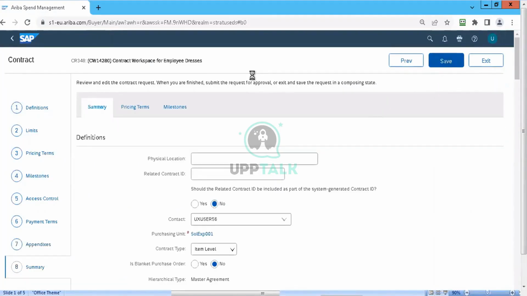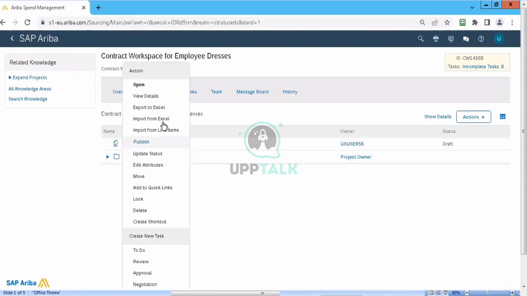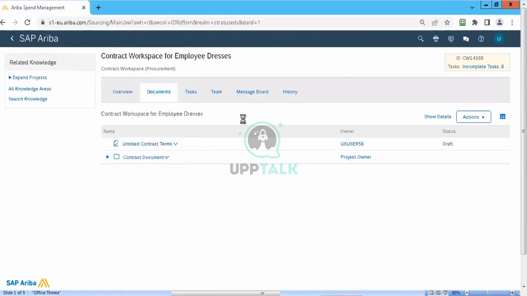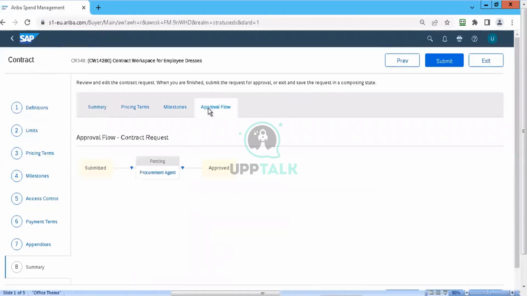I am going to save this. Now we need to publish it. Once I click on publish, you can see this publish. The approval flow came in here, right? If you click on this approval flow, procurement agent, in this group I am also there. I can approve this contract. Once this gets approved,